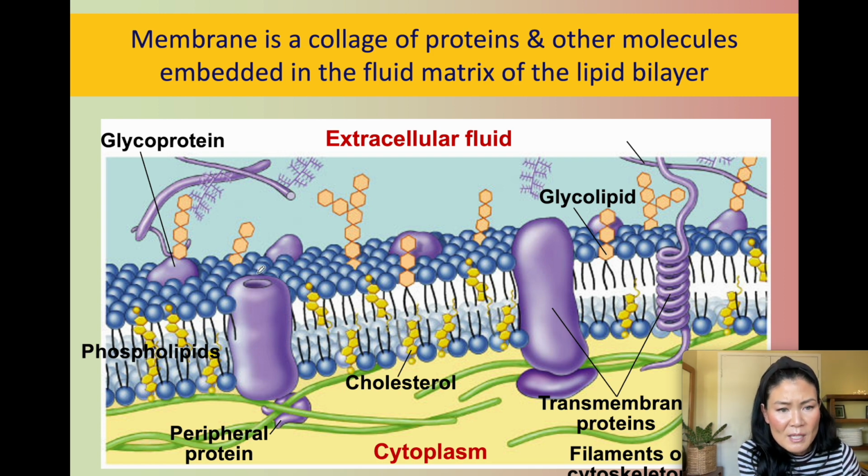So you've got the transport protein, like here, and then you also have cholesterol, these lipids. These are actually cholesterol lipids. They're made in the smooth ER, right? Smooth ER makes lipids, and then they end up being part of the cell membrane. Cholesterol allows the cell membrane to have a bit more rigidity, so that it's not so fluid. And then you've got the glycolipid,